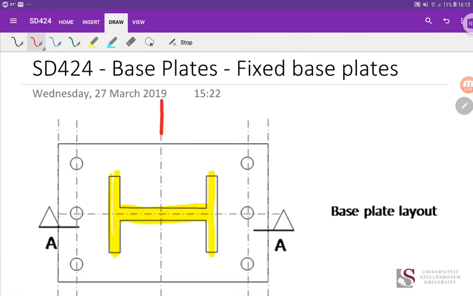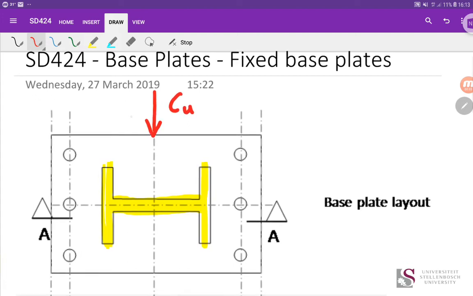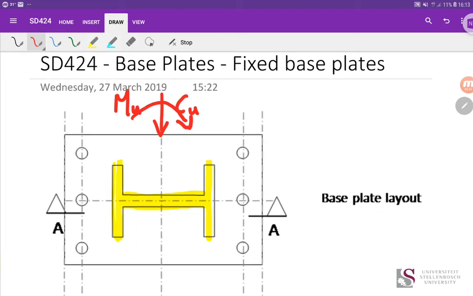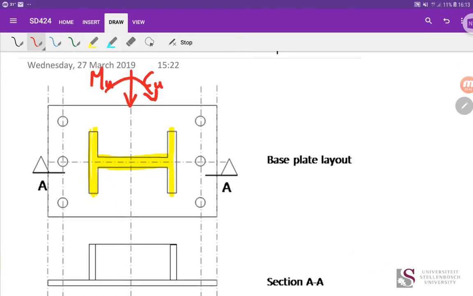So coming down, we have our compressive force, Cu, and then we also have some moment force, M subscript U. So these are ultimate limit state forces applied to our column. And now we need to see how we're actually going to run through the design and get to a stage